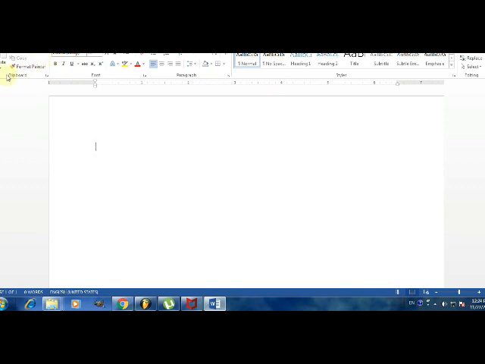This after the next one is groups. Group is a part of what? The ribbon, and you can see the group names are given here. That means in every tab you will get the different groups. In Home, Clipboard, Font, Paragraph, Style, Editing groups are there. Using this you can access the commands, and these commands are grouped according to the groups.